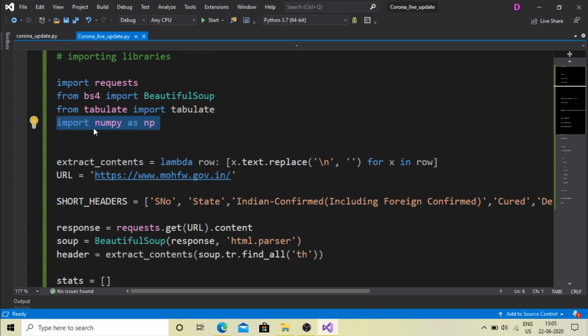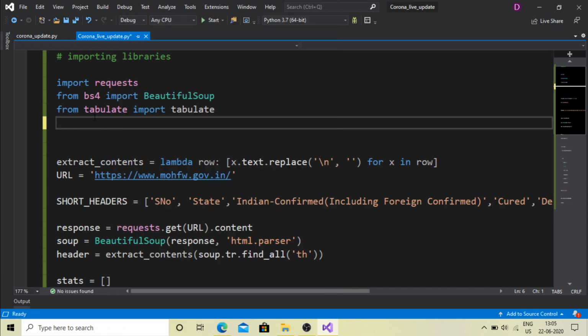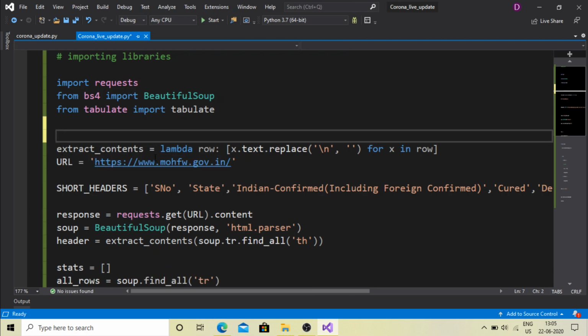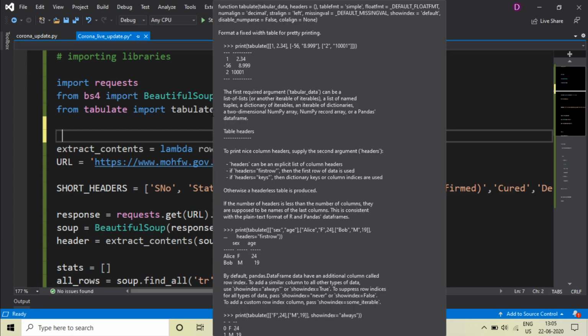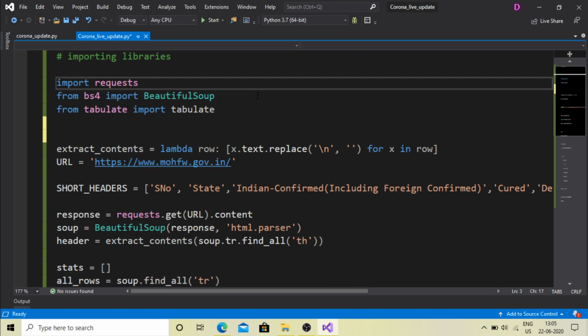In this video, we have imported a new module called Tabulate, and this Tabulate module is helpful for displaying all the content in a table manner. As I have shown you in the output, the content was displayed in a proper manner. Similarly, for showing the content in the same manner, we have to import the module named Tabulate, and requests is for accepting the connection from the website to which we have to connect. Beautiful Soup is for extracting the HTML content from the website.